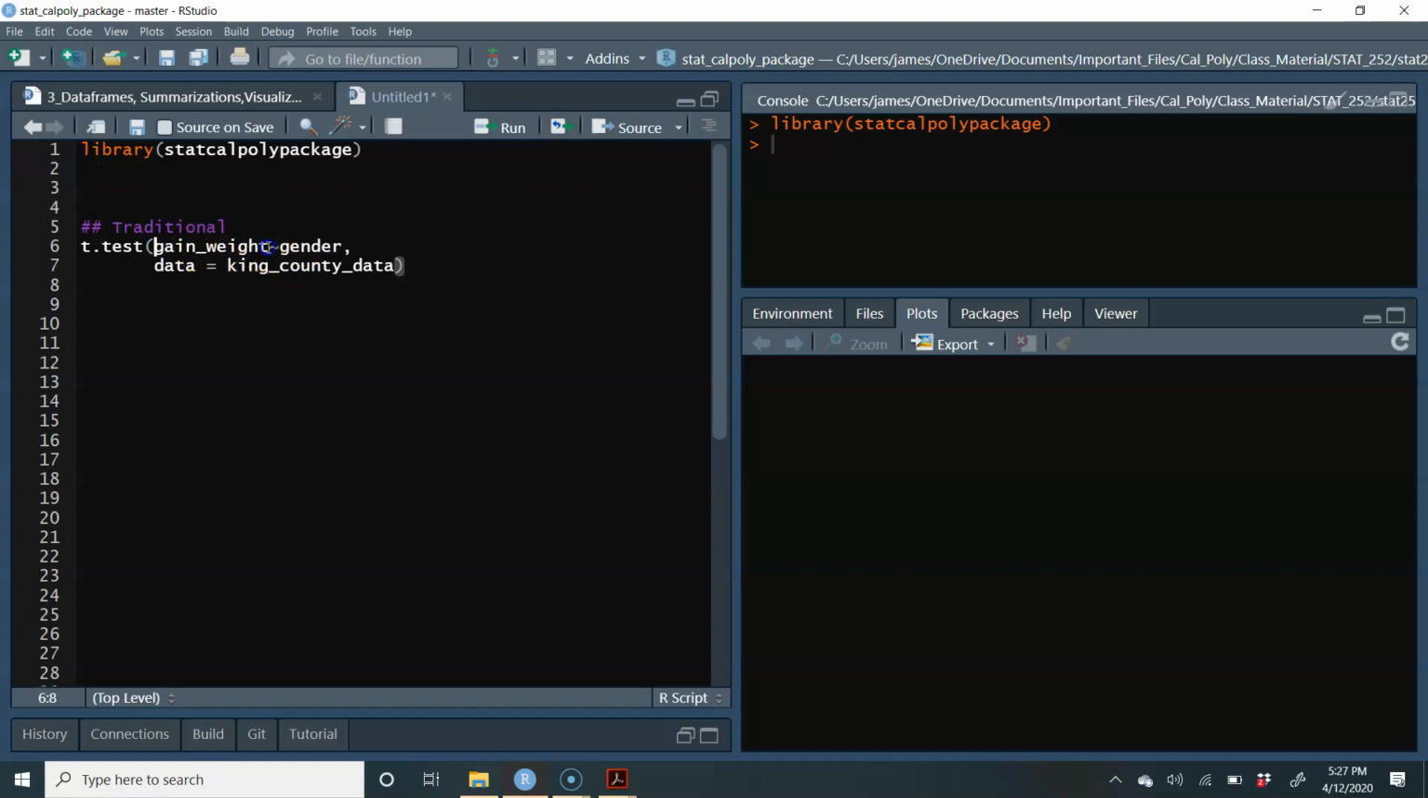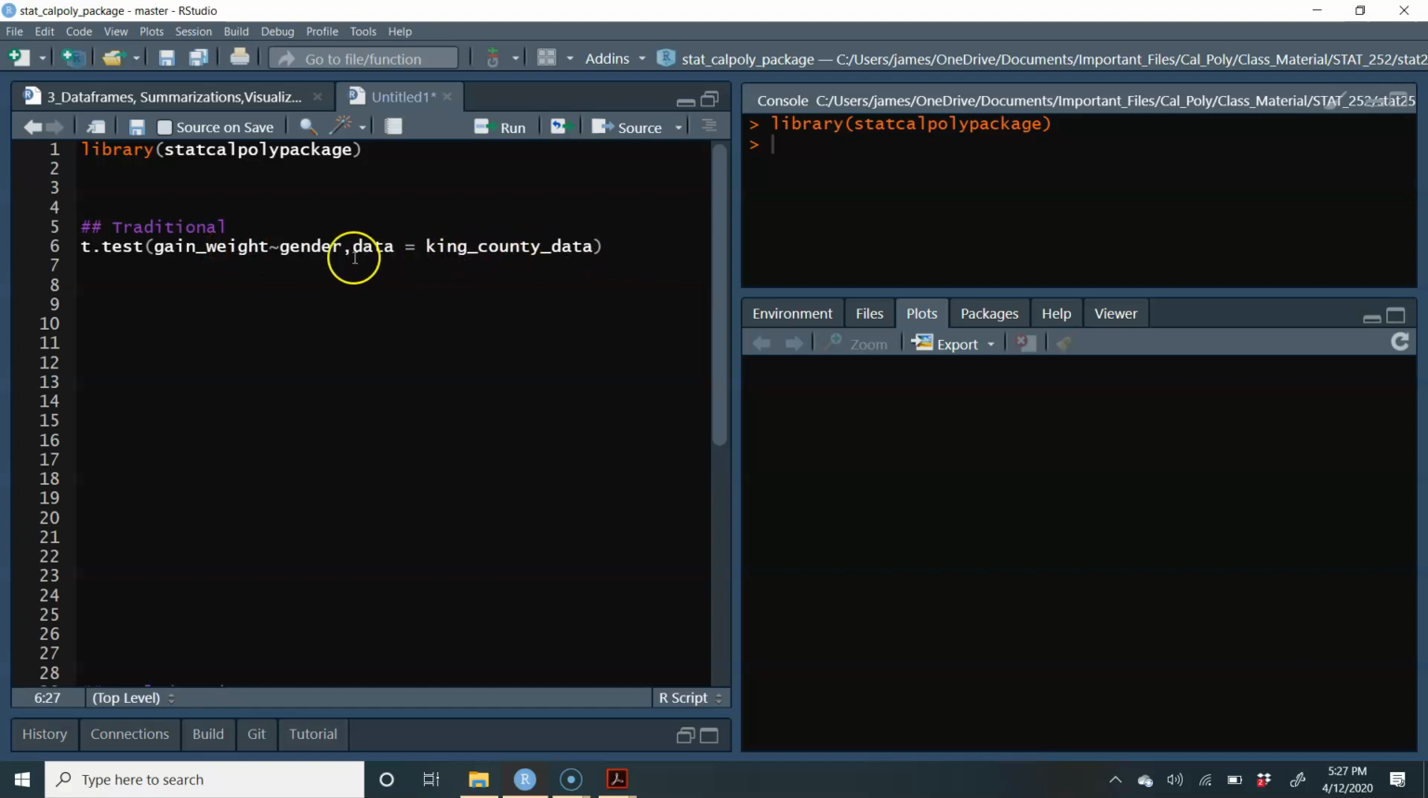You would then have your response variable first, and you're not going to use quotations. Then you use a tilde. It's going to be your response variable, tilde, then your explanatory variable. For most of the functions that we're doing in this class, it's going to be in that similar format: your response variable, tilde, your explanatory variable. So your gender is explaining what's happening in your weight gain, and we're still using the data